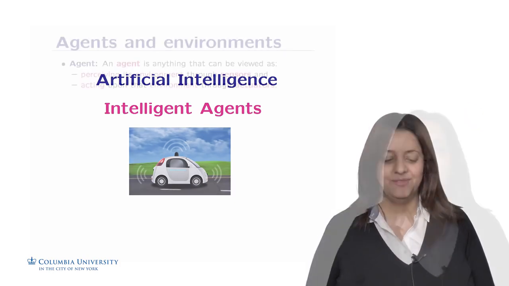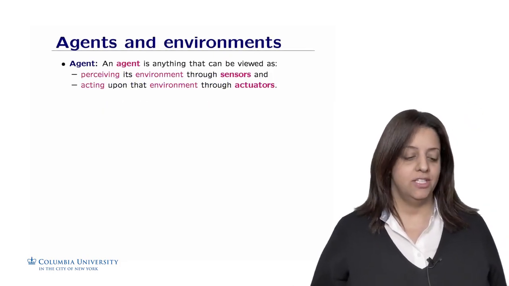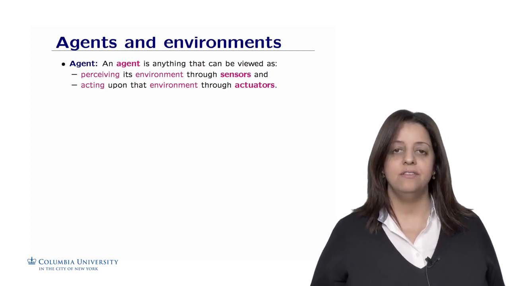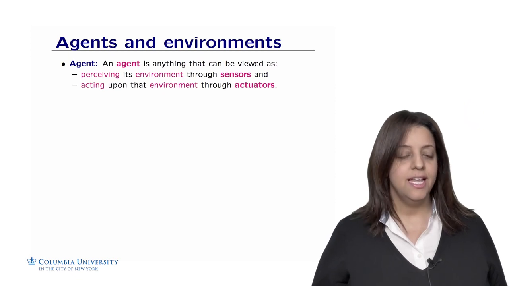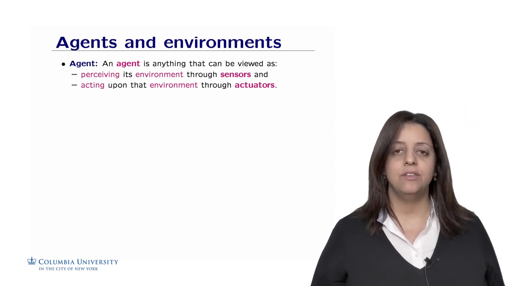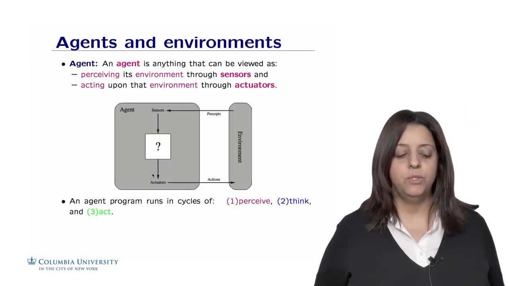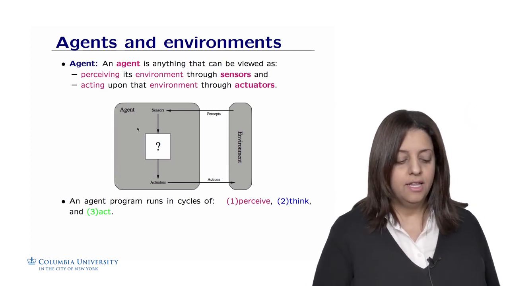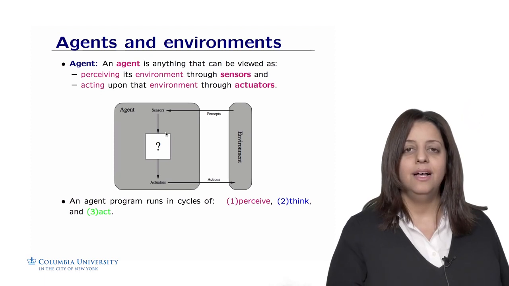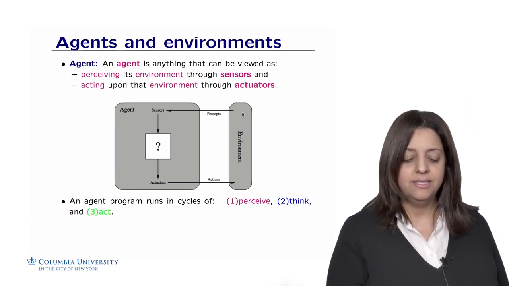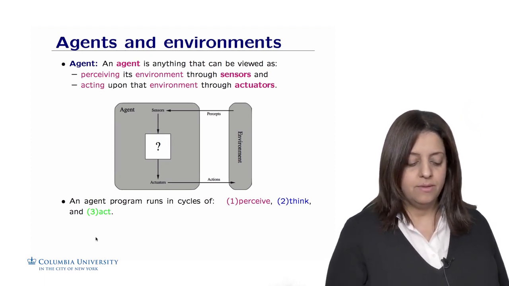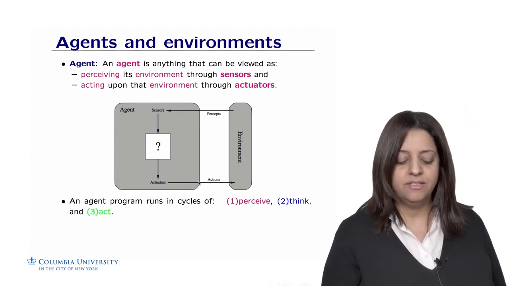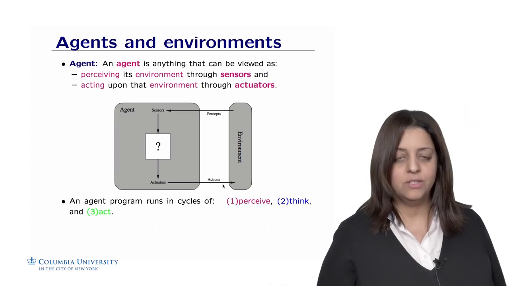So let's dive in. Let's first define what an agent is. An agent is anything that can be viewed as perceiving its environment through sensors and acting upon that environment through actuators. An agent can be represented with this diagram in which we have the environment and the agent. The agent box has some sensors in it that sense the environment and get percepts from the environment. And the agent can have actuators that act upon that environment,